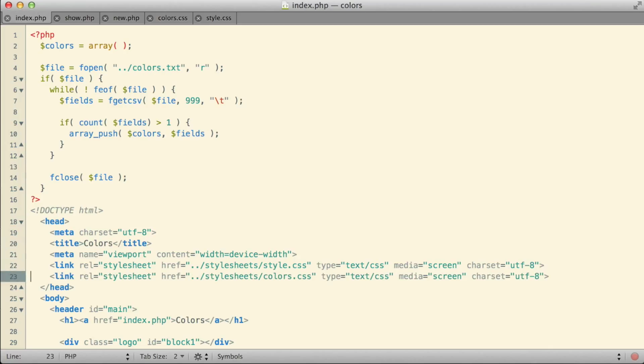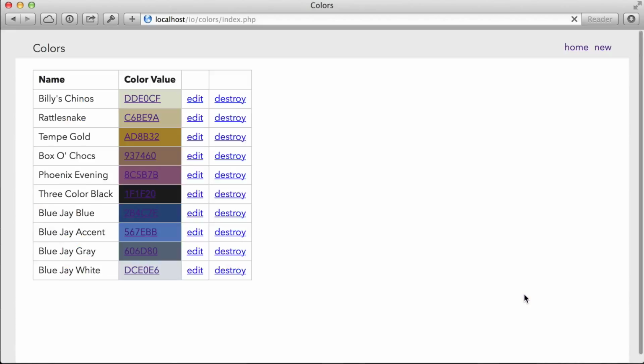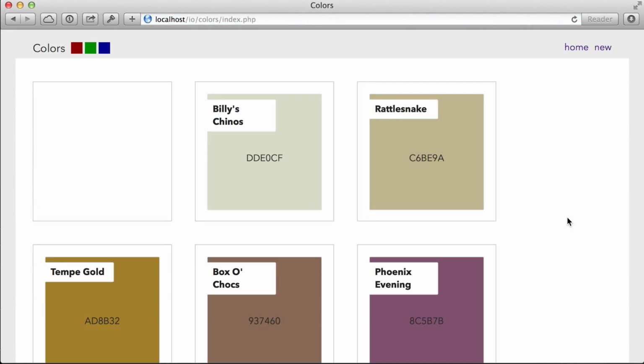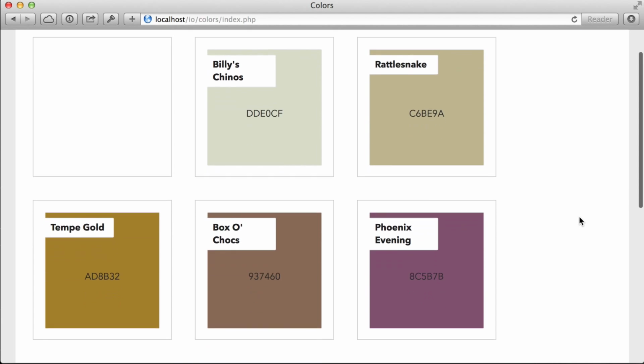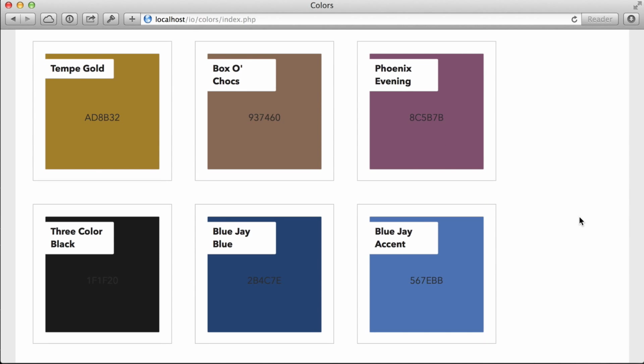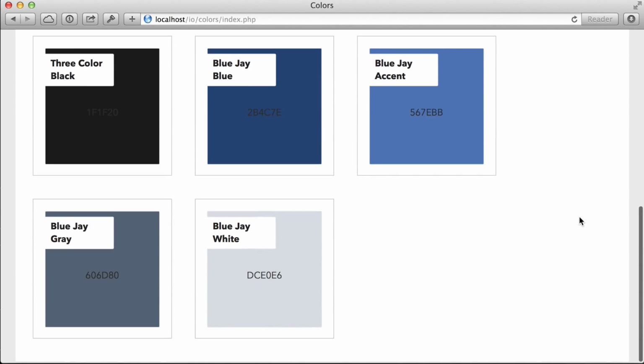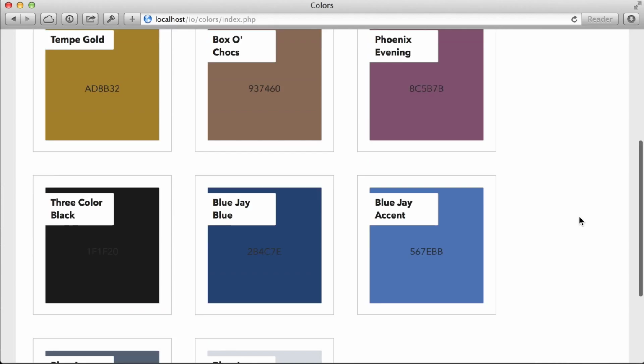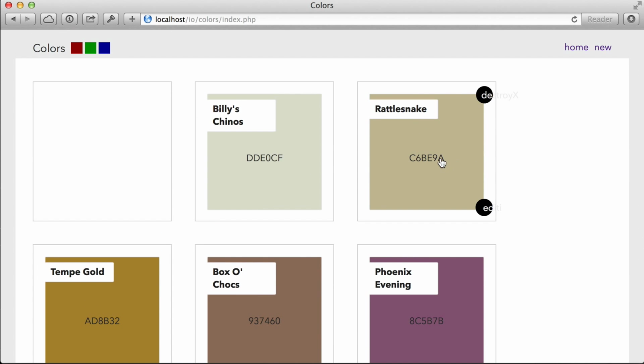If I hop back over to the browser now and look at it with my extra CSS, this is the way it now actually appears. It looks like I left out a class name, so I'm getting the header row showing up there, but essentially I have it set where all my other colors show up as colored boxes where the person can see the code, see the name, all that real well. And whenever you hover over it, we should have edit and destroy links that show up. It looks like I still need a little bit of CSS work right there. Let me jump back over to my document and fix that stuff up real quick.